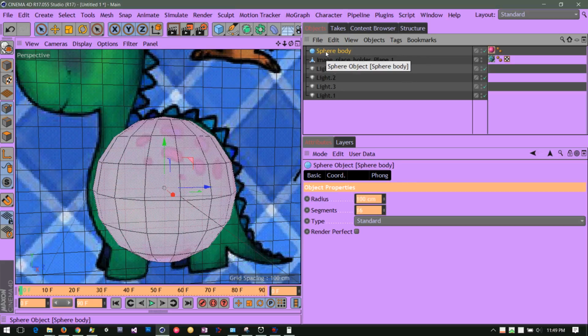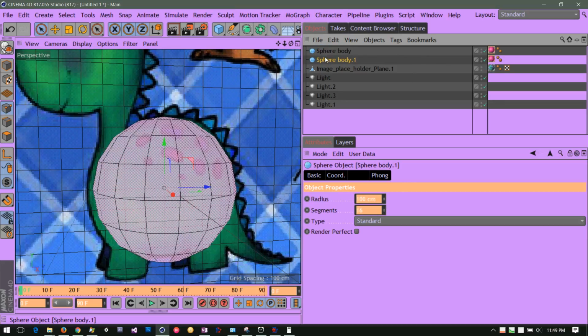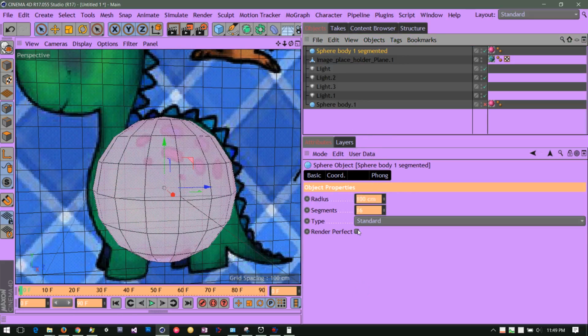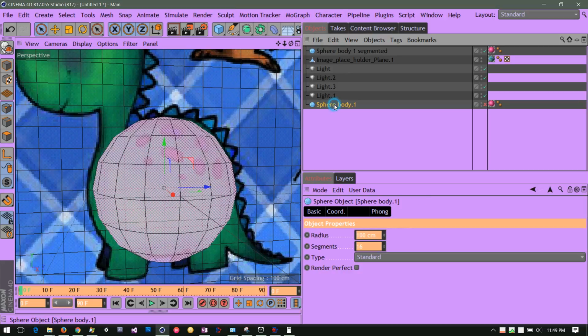copy it. We can click Control, drag, and just make a duplicate of it. We can pull it down here, and we can turn it off, or we can hide it. And we can just call this sphere body segmented. Or let's put an M in there. And I'll put a 1 on it. I'll put a 1 in case I decide that I want to go back to the body and do